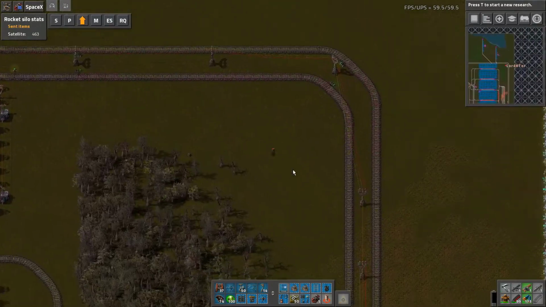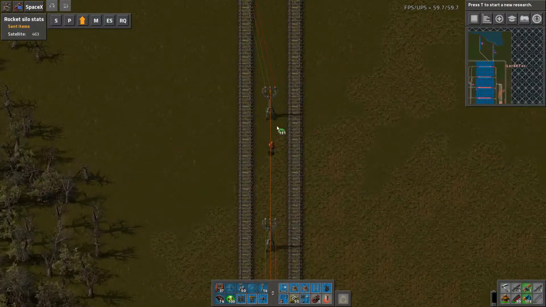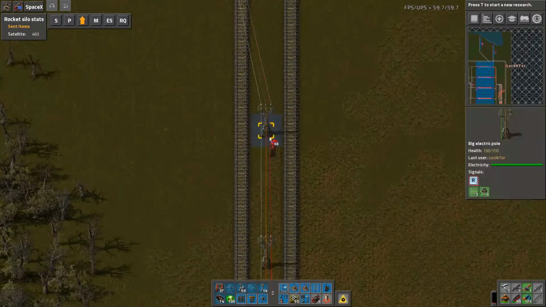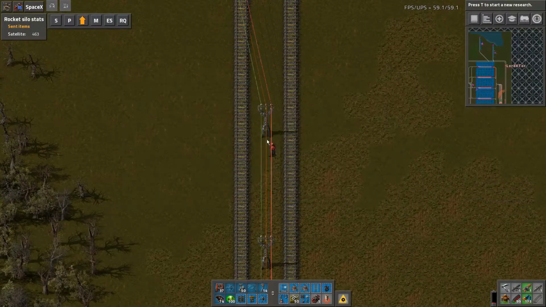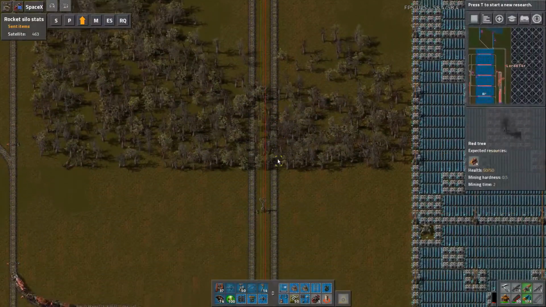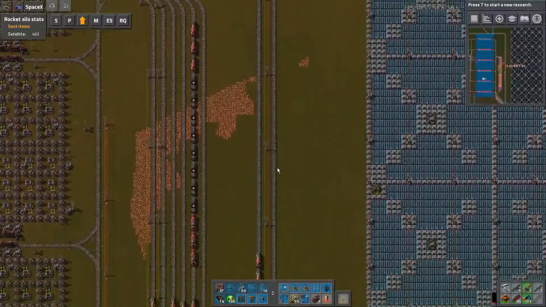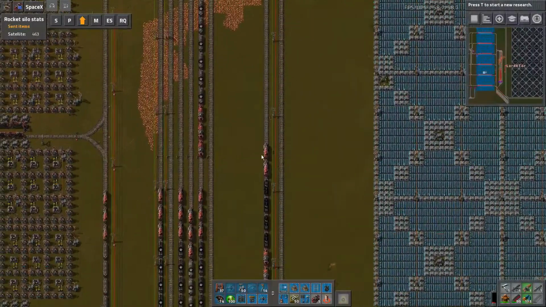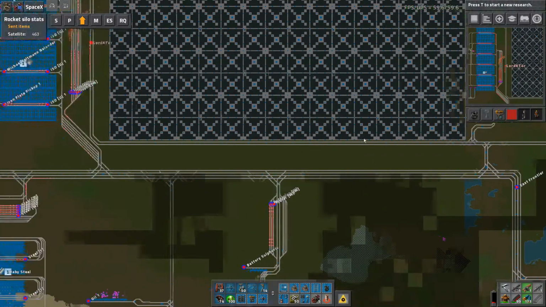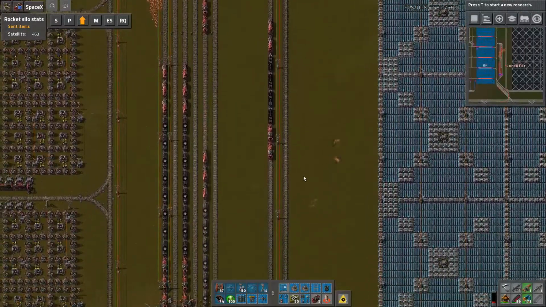Right, how much congestion have we caused? Oh, more wires. There we go. That should have re-established all the wires. Right, where's our train and how much congestion have we caused? We don't appear to have caused any, but I'll be surprised if we can just safely get out of here. Maybe we can if we back up to Solar Farm. Alright, let's do that,